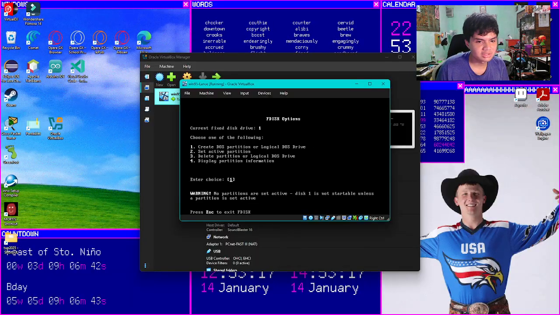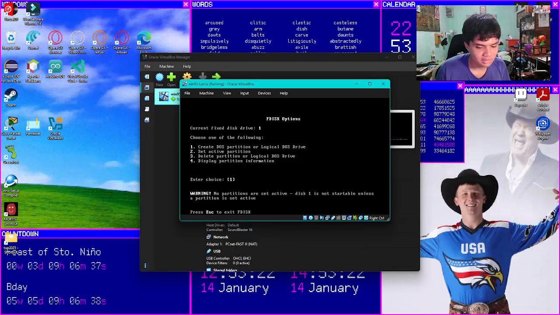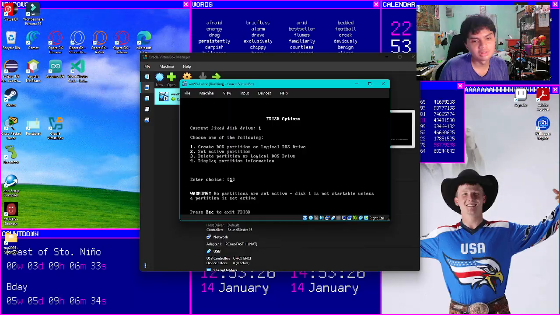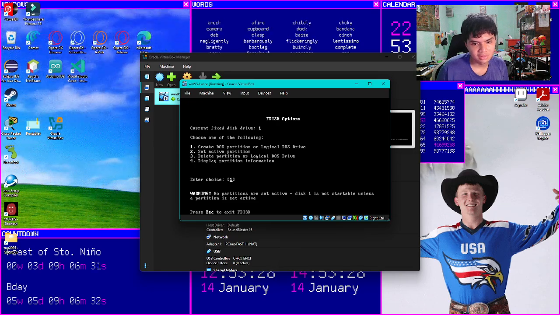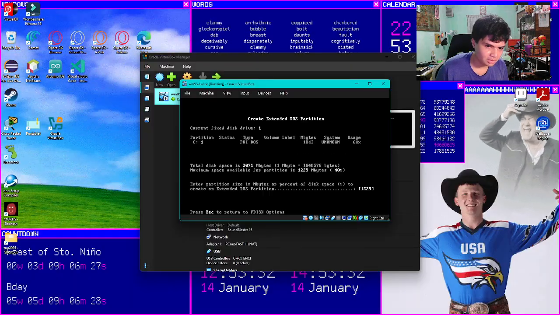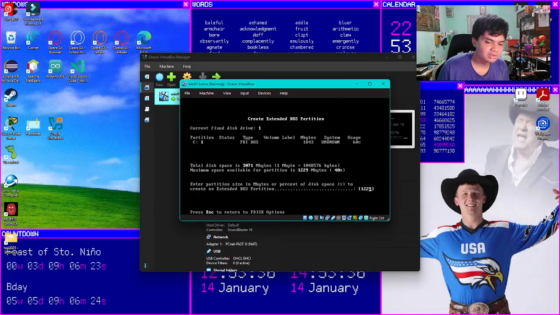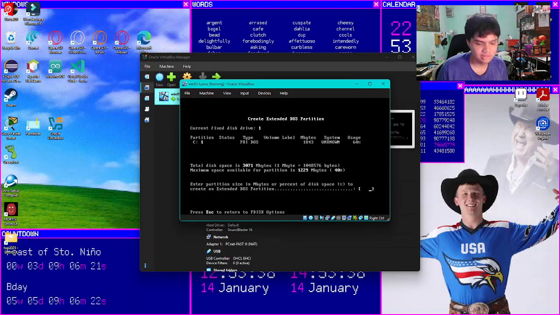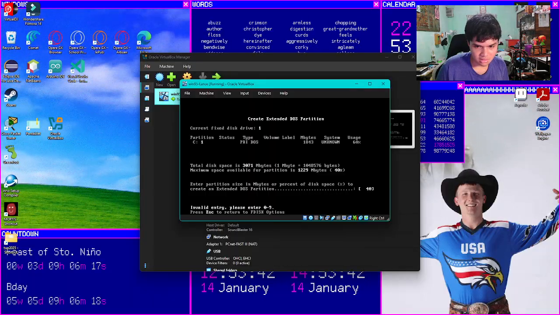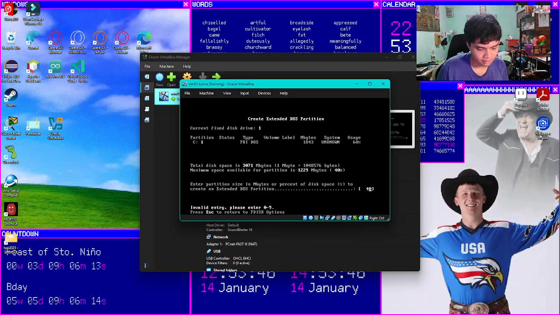So you're gonna press escape. Then we need to create the D drive for the other files that we can put another partition. You can just press one again, then create another extended DOS partition, then we need the size gigabytes percentage of the disk. So we already took 60%, so we can only put 40% in our drives. Oh, sorry.